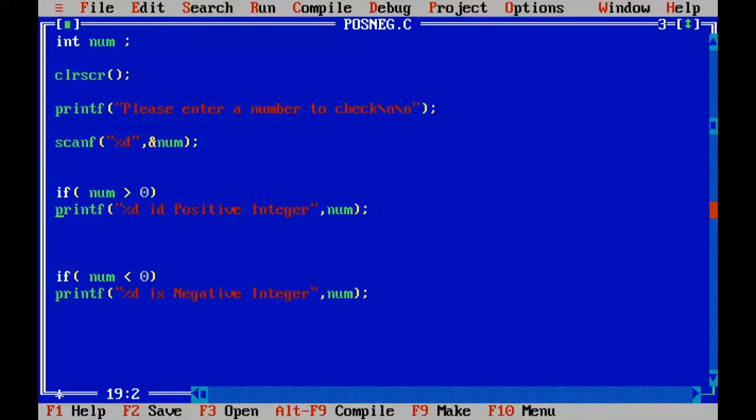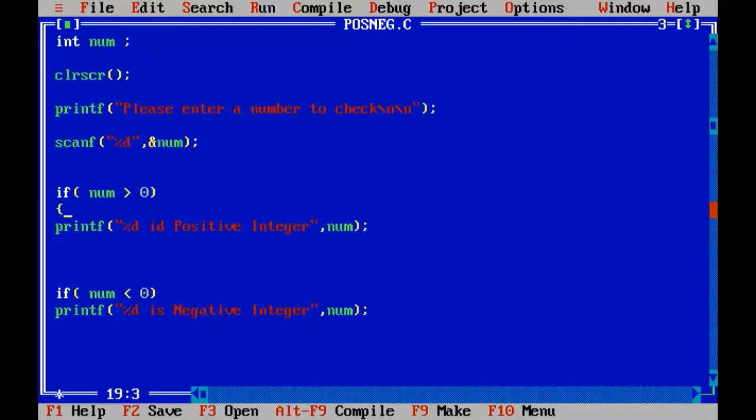So since we have just a single statement, no curly brackets are needed, this will be definitely executed when the condition gets true. So remember, when you have more than one statement, make sure that you are putting all together in the curly braces. So no curly braces for one statement is also fine.